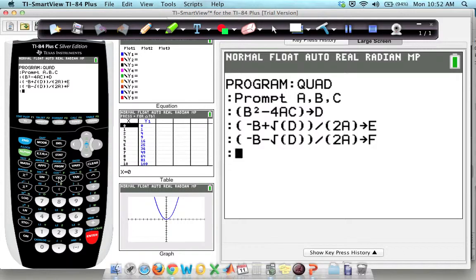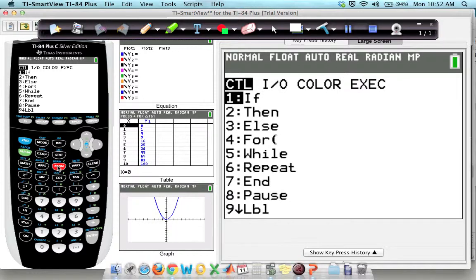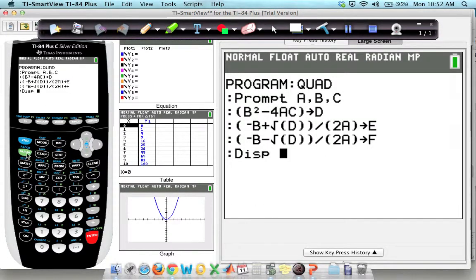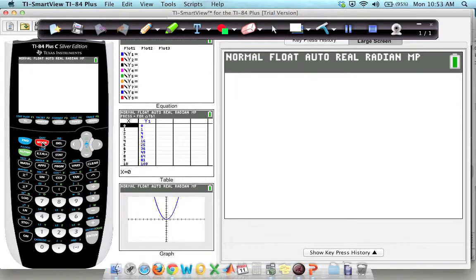And the last thing is you want your calculator to display your answers, so hit Program, go over to I/O again, and you're going to go down to number 3 for display, hit enter, and you're going to type in E, comma, F. Now this is already saved in here, you don't have to save it, so we're now just going to quit out of here, so hit second, quit, and the way to pull this up is you hit the Program button, and you want to execute quad or quadratic formula, so you just hit enter,